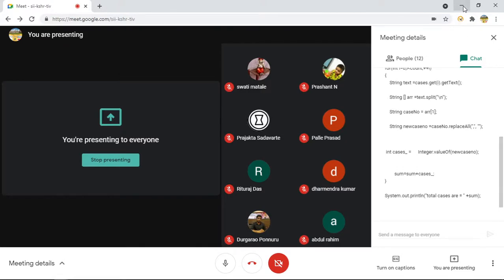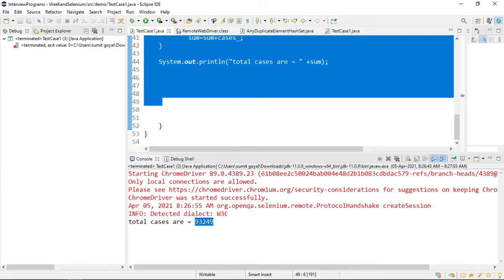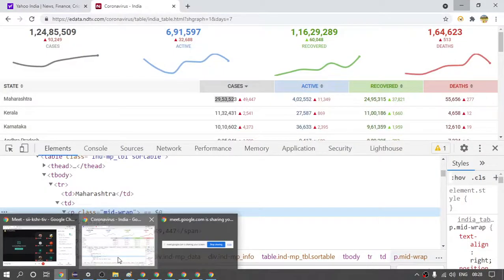Okay, I have pasted the code. So I hope this is clear to everyone, so that we can see one more.